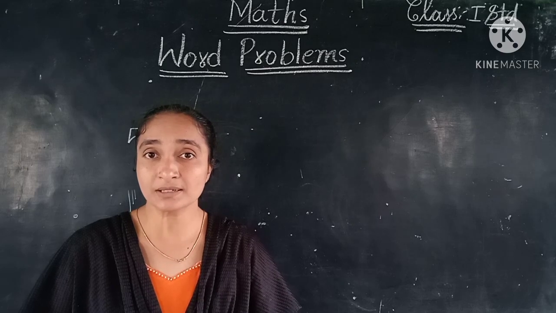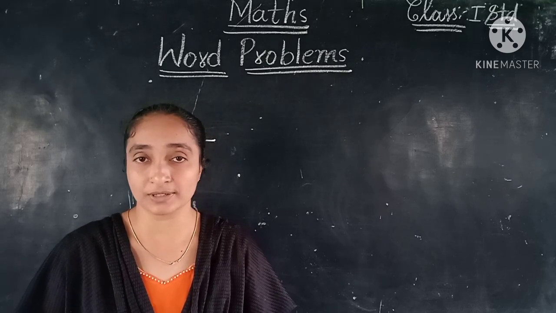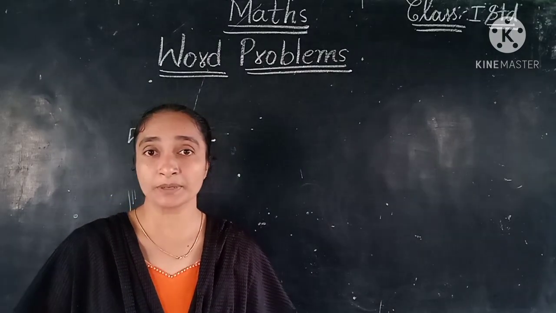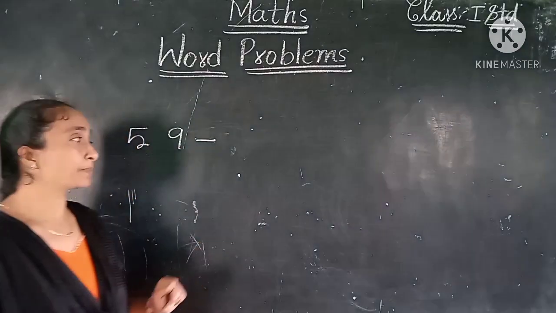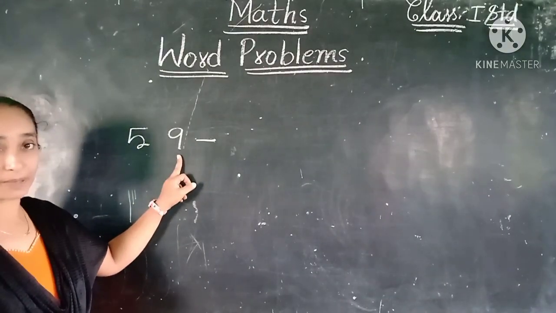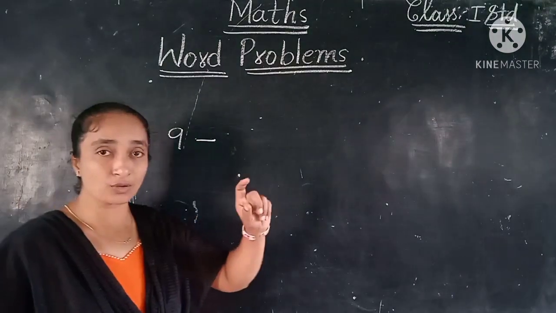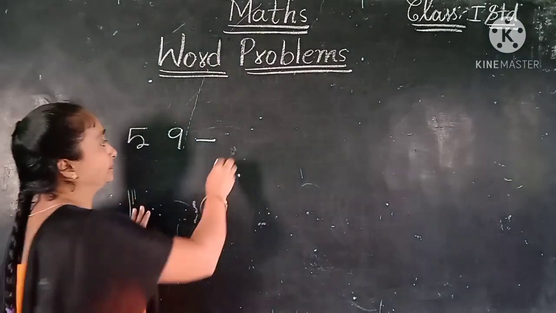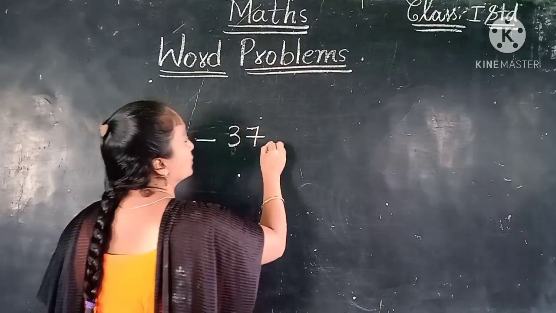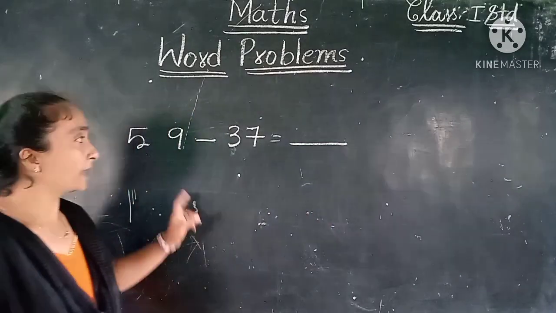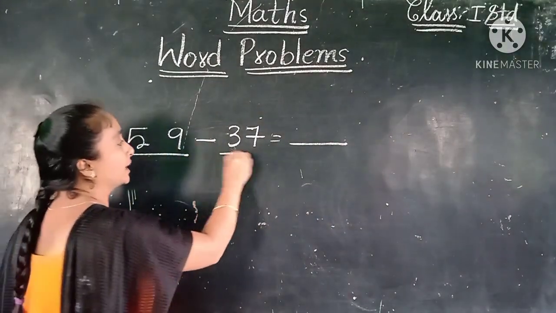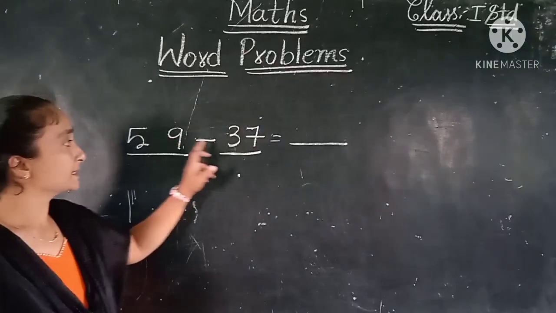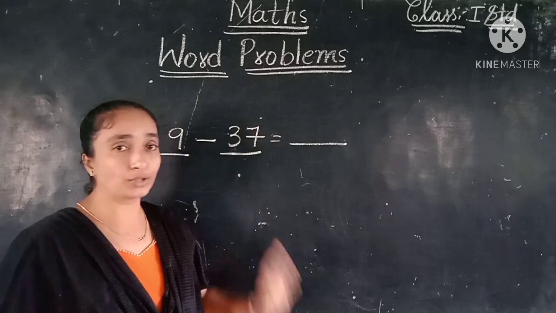So left means, yes, we have to do the subtraction. So how will we get the left answer? So how can we get the left papers? Yes, we have to do the subtraction. 59 sheets of paper, ma'am is holding 59 sheets of paper. So from that, 37 were used for drawing. So like this we have to write. Here they have given a blank and here they have given a blank. And here we have to write down the answer. So in the first blank 59, second blank 37. Now we have to find the answer.